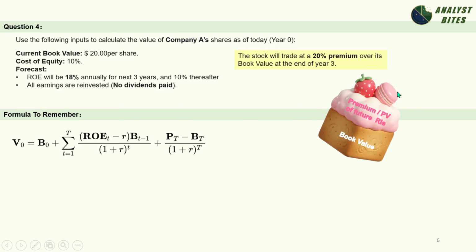Let's break down the cake model at the end of year N. Imagine taking a snapshot at that future moment. The brown base, this is the shareholders' investment book value at year N, the BN. The pink cream on the top, this represents all future residual income after year N, discounted back to this moment. That's our terminal value, TVN, the whole cake. This is the total projected value of the company at that specific time, the stock price, PN.